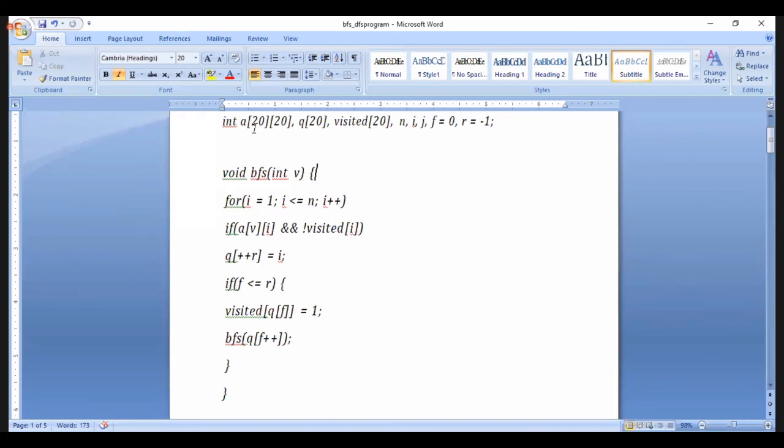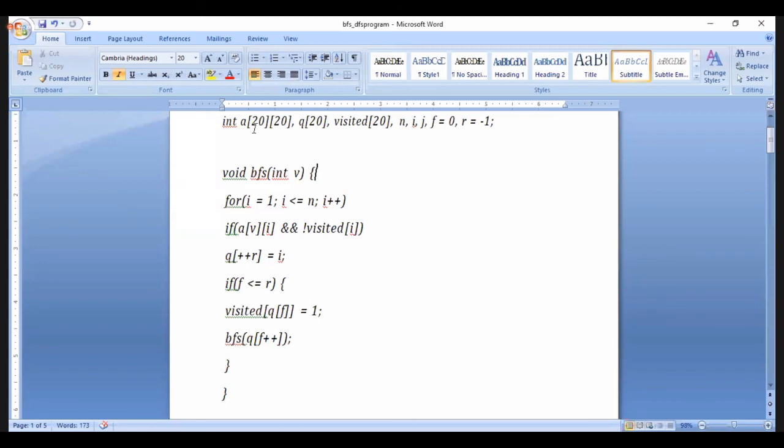If condition, what is there in the if condition? Which if condition? If A of B of I, that one condition you are asking. A of B of I means, first of all, A means 1, B means 1, 1 of 1, 1, and visited is not equal to 1, so that particular thing will check the condition. If visited of I is equal to 0, then only we will add into the queue. Otherwise, we will not add into the queue.